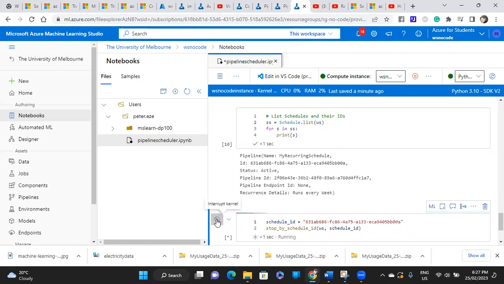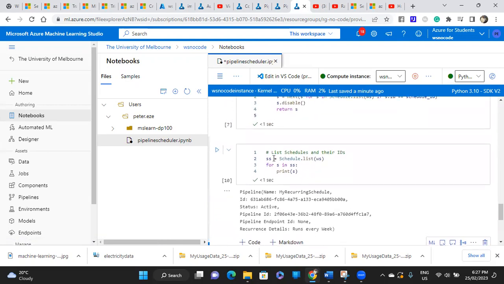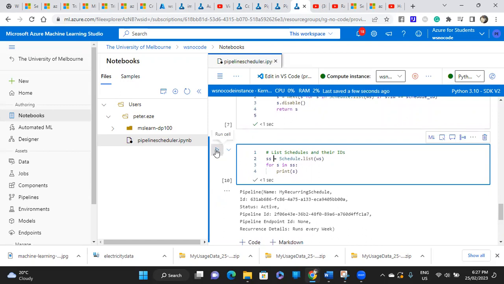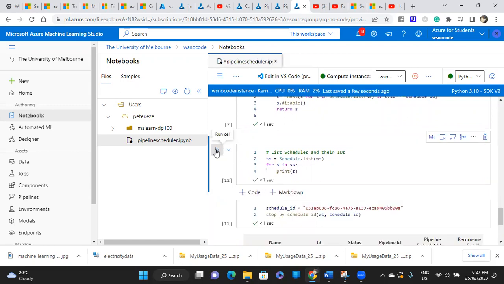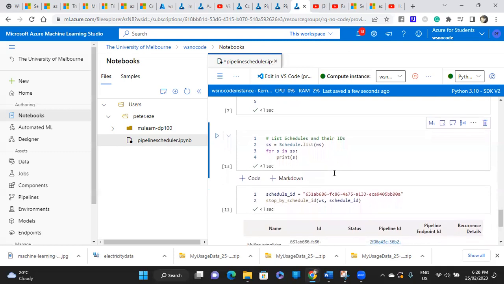So when I execute this, it should delete that. And when I go back to list again the schedules and IDs, you can see they are all gone. So nothing shows again. So that is the end of this